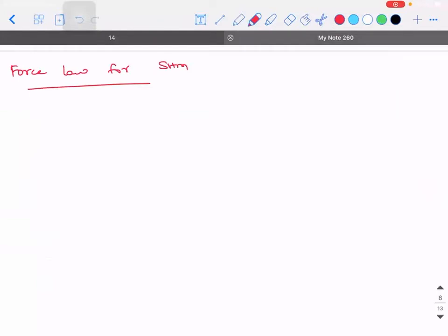Okay. So what does this force law state? We know that F is equal to m into a, right? So this is according to Newton's second law, right? But when we talk about an object in SHM, the object is experiencing a retarding force as well, which is given by the value kx,